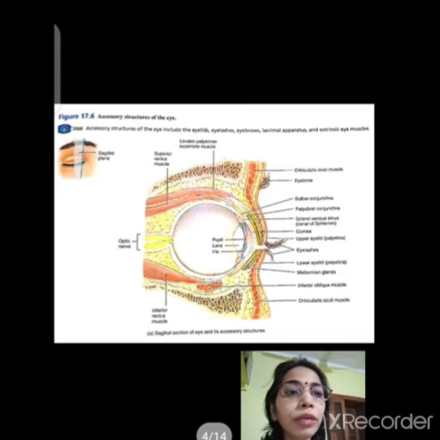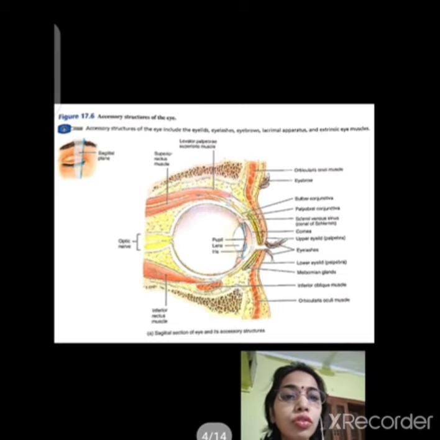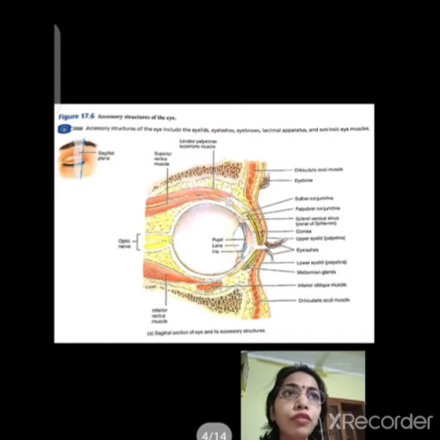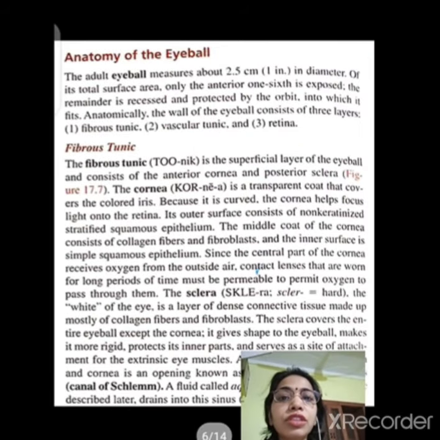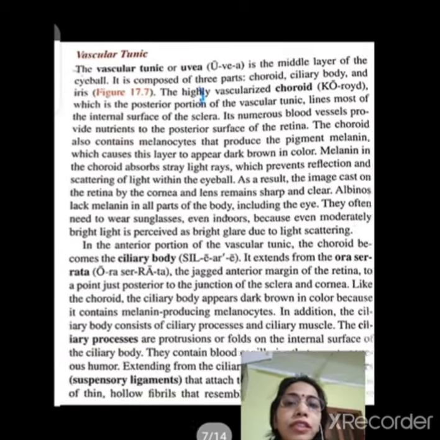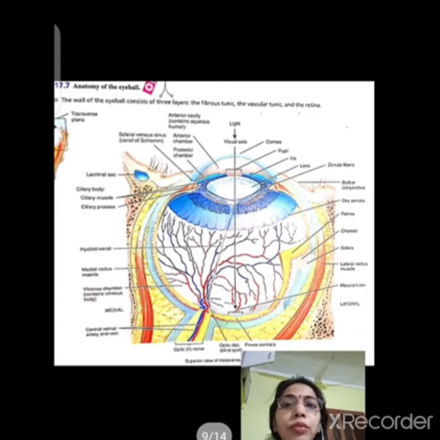So the oblique muscles provide rotational stability of the eye. Neural circuits in the brainstem and the cerebellum coordinate and synchronize the movements of the eye. These neural circuits mean the various cranial nerves which supply the eyeball, cranial nerves 3, 4 and 6. These are responsible for the eyeball. Now you can see the anatomy of the eyeball, where it is situated, and the various structures present in the eyeball.